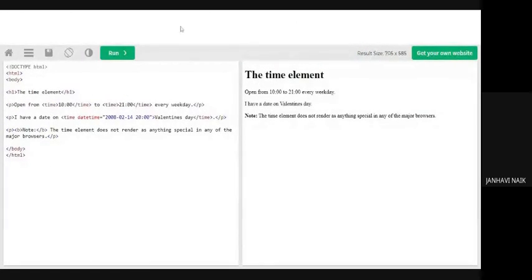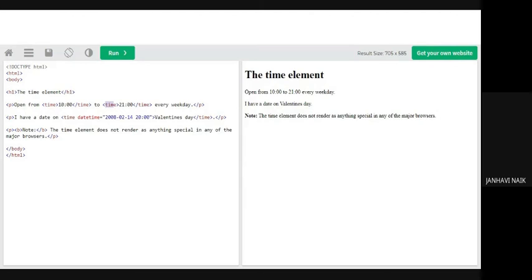Okay, this is for displaying the time. Now see, there is a header, the time element, paragraph open time. This is the time tag that I've used. That is, in HTML5 you are displaying the time. So this is how it is: open angular bracket time, close. Similarly, this is the time in terms of date, datetime.